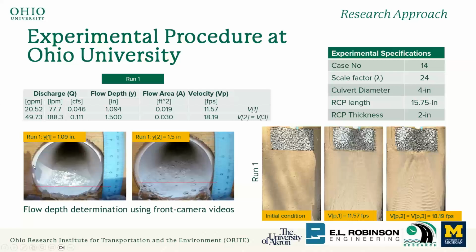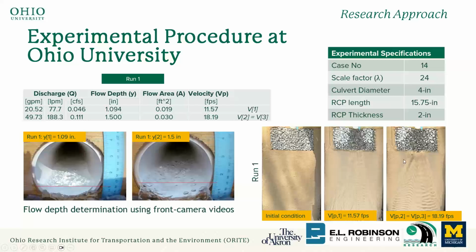So the way we did it is, this experiment, for example, this is case number 14, which is using a scaling factor of 24, which means the scaled culvert diameter is 4 inch. This 4 inch, and LCP length is 15.75 inch, and the thickness is 2 inch. Okay, so